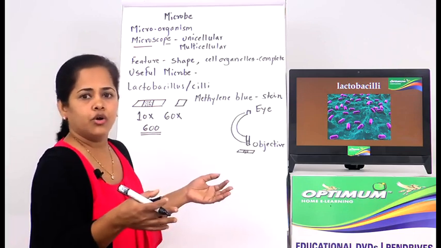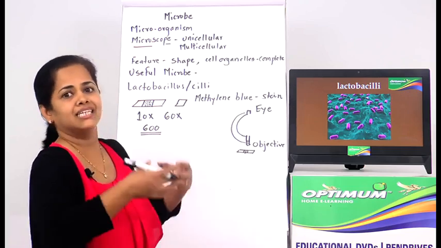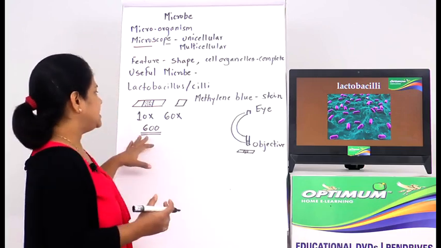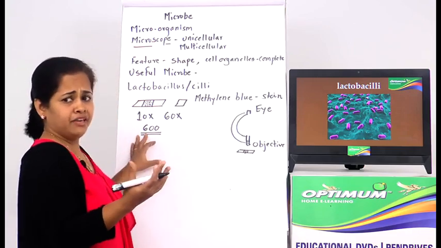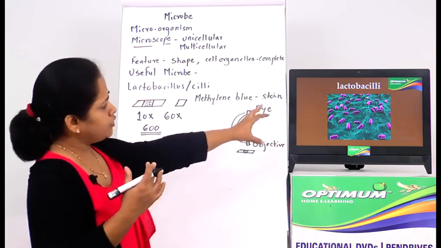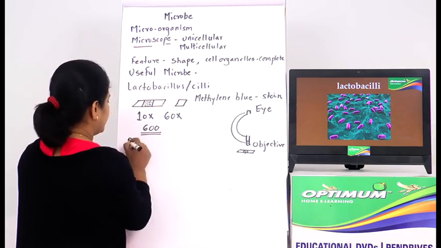Actually the organ is not going to get bigger, or actually that slide is not going to get bigger. It's the image that gets resolved, or you can say there is a magnification. So at 600 magnification you can actually see these lactobacilli. Now if you look at the structure, they are more or less rod shaped, so they are rectangular